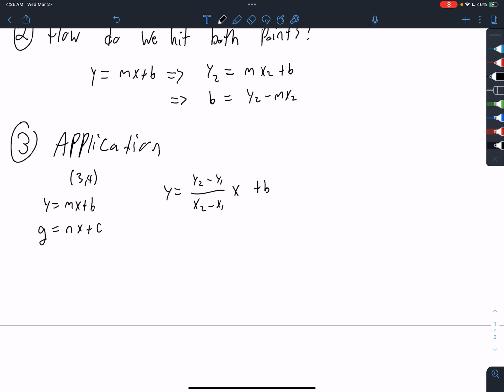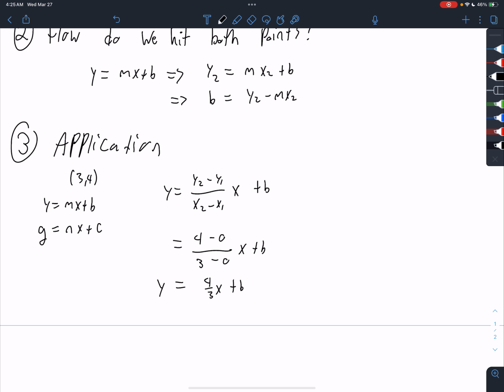Okay, in this case, our y2 we know is 4, y1 is 0, over x2 is 3, and x1 is 0, times x plus b, and this is just equal to 4 over 3x